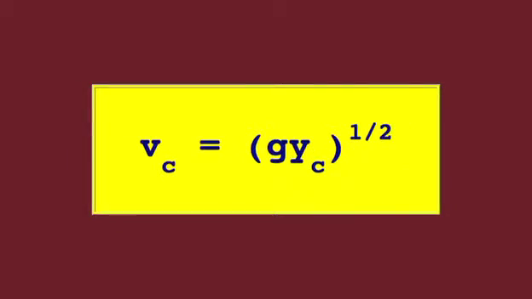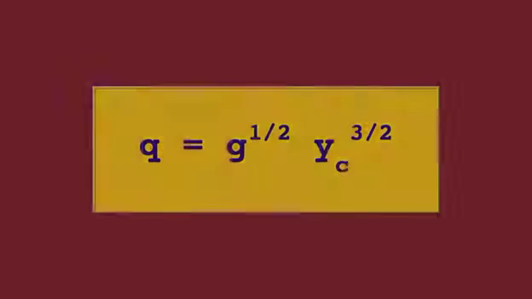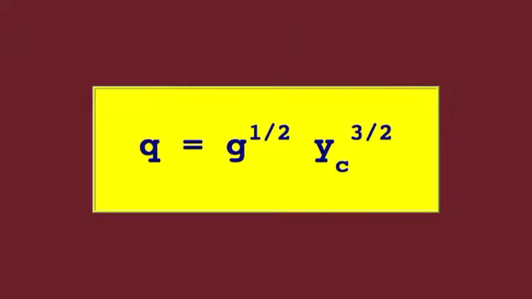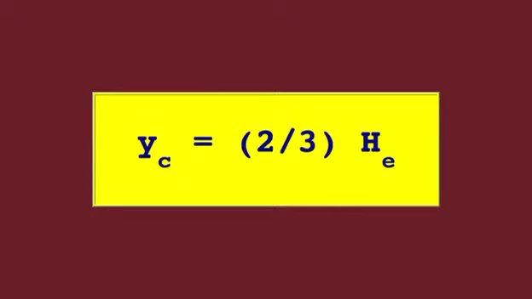The critical velocity is, therefore, the critical depth in terms of the specific energy H sub E at the critical section is, therefore the discharge is